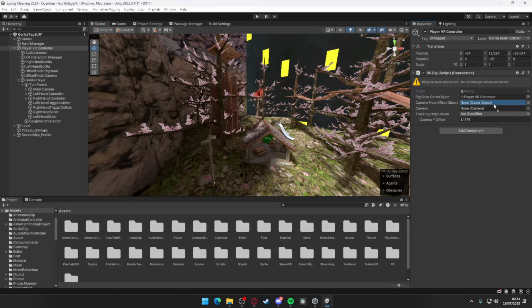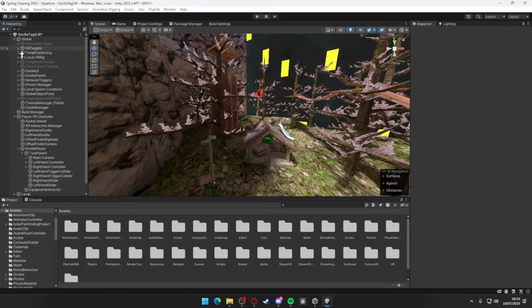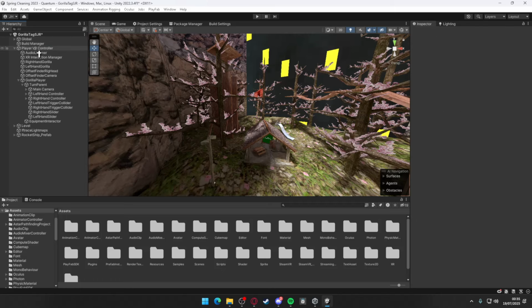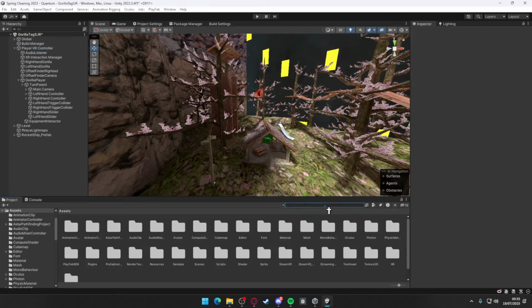Dragging Gorilla Player into camera floor offset object. In the camera, you're gonna press this, press main camera, drop down global, drop down third person camera, delete shoulder camera, and then delete, go back to Player VR Controller, make not specified, make it floor. Once you've done that, search up Gorilla Tagger,